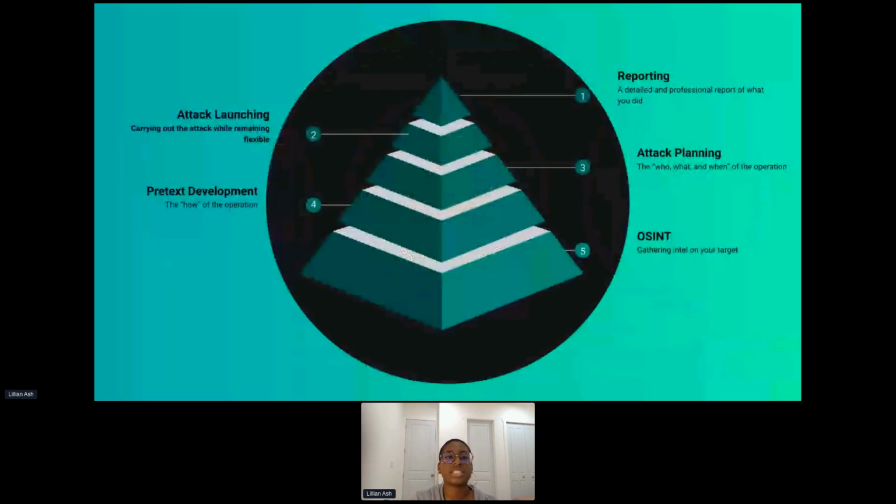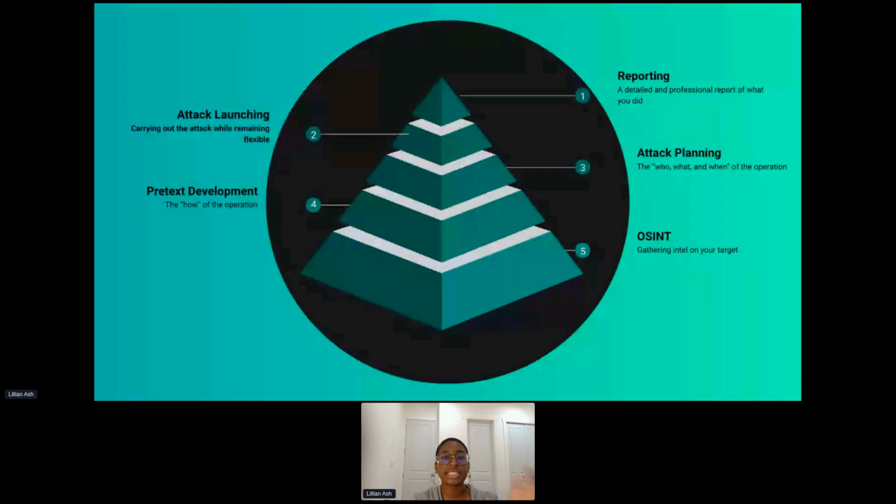But first I wanted to talk about this basic social engineering pyramid that has about 5 layers. And this is what encompasses a well thought out and planned attack. So professionals, when it comes to social engineering, really take their time when it comes to gathering information. So that's OSINT right there at the bottom. That is really the base and the foundation of everything you do going forward. And then the next level